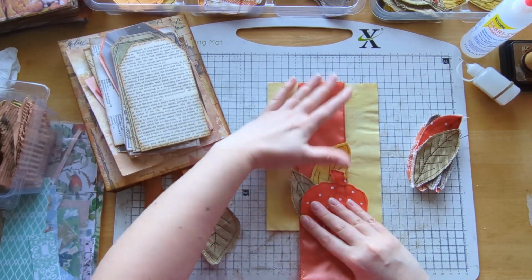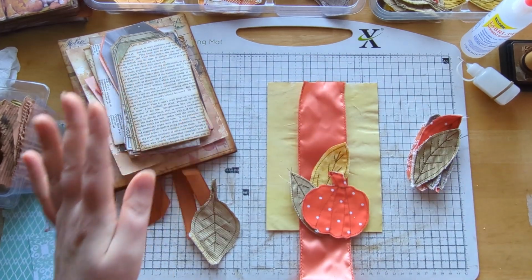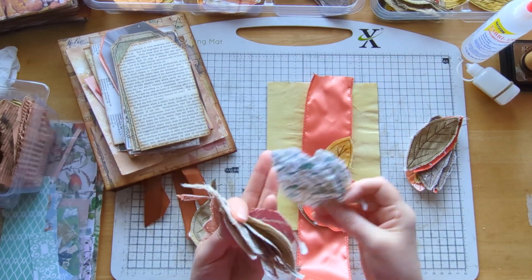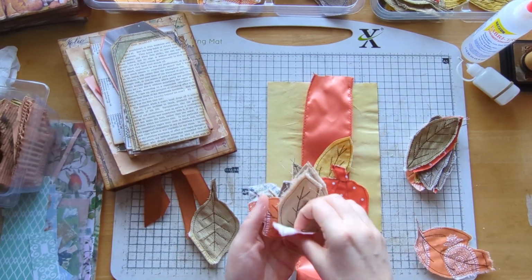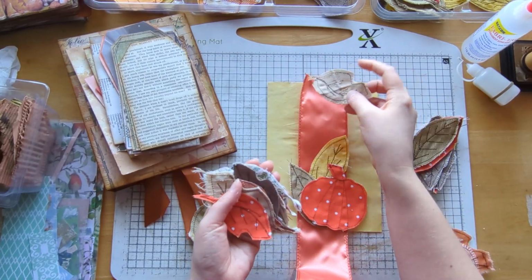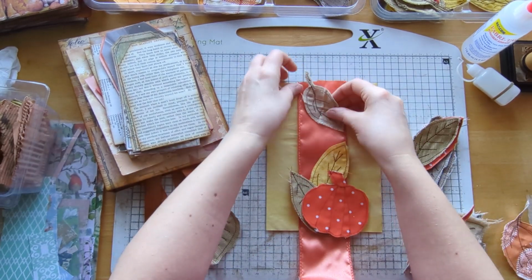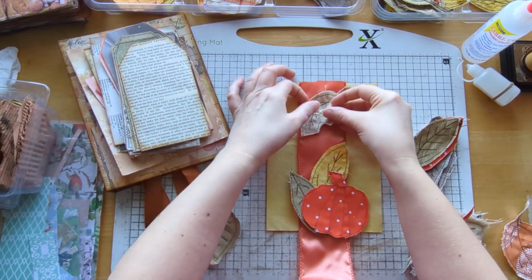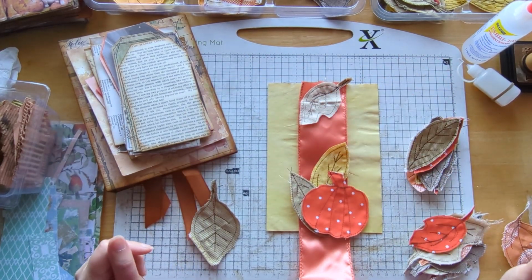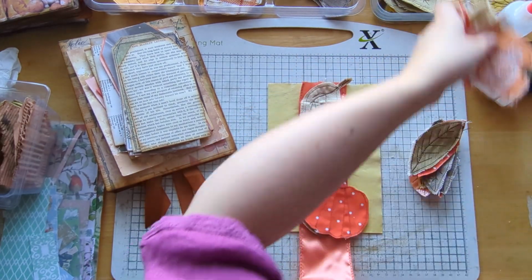This will all just be stuck to the belly band, so you can use the whole belly band. And then I want another leaf, one of these little ones if I've got one. There's a plain one there, look. Oh, I think just that coming down, and then a little sentiment or something. I actually quite like that. Okay, so put you guys back,